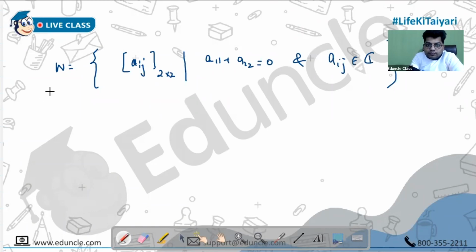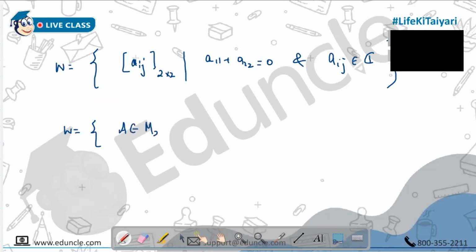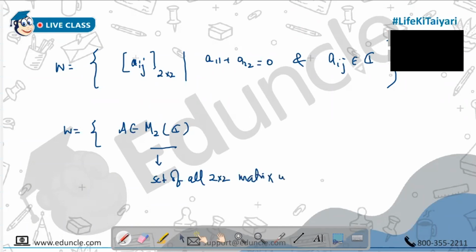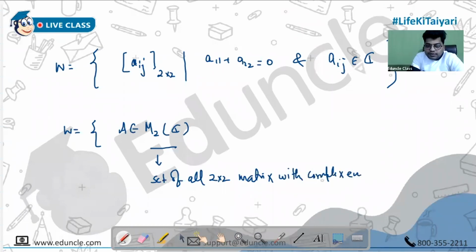So you can say this problem is nothing but the set of all 2 cross 2 matrices, M2(C), with complex entries, such that A11 plus A22 is 0. You can write that. Now, vector space, basically,